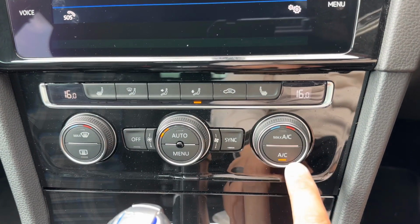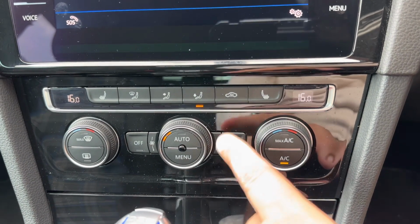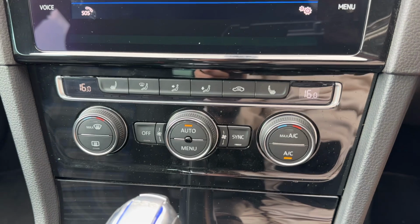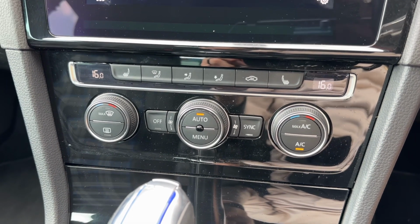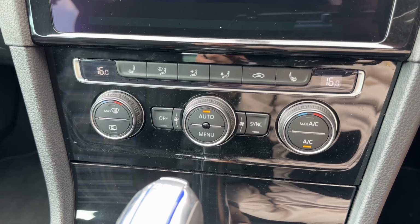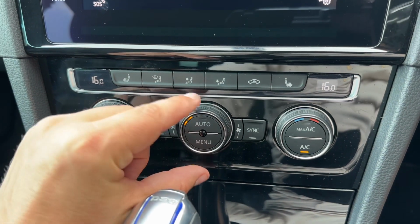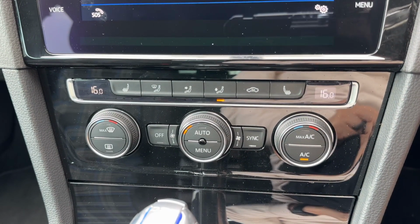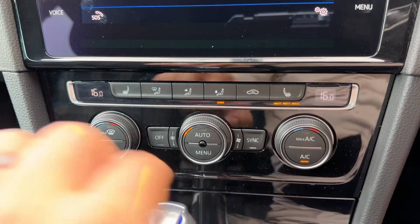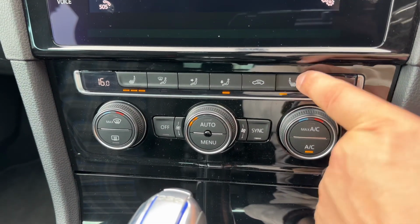And when you're happy with those settings, your air conditioning's on at the minute, so that's off, back on again, or hit auto. The car will now take control of the fan speed and the direction of the air to maintain the temperatures that you've asked for. And you can hear it doing that. Any manual adjustment will override that and allow you to put it back on your own settings, as you can see. We've also got a heated driver and a heated passenger seat as well, both of which have 3 separate